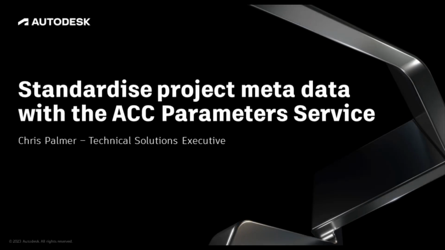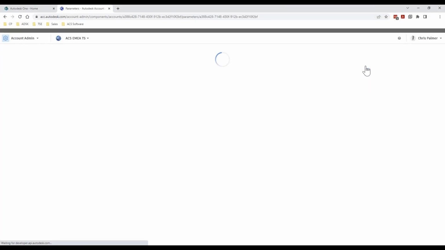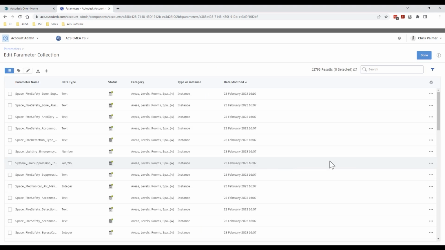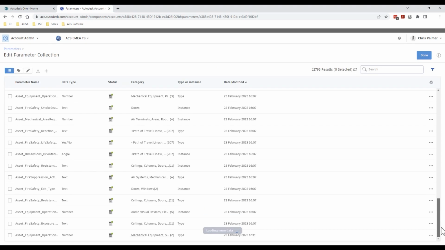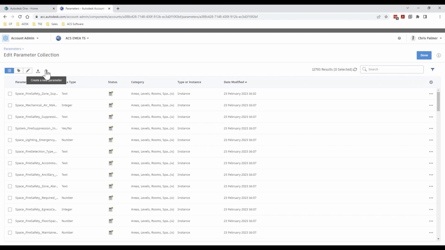This short video will show you how we can standardize project metadata using the Autodesk Construction Cloud Parameters service. The Parameters service can be located in the Account Admin section of your Autodesk Construction Cloud Hub. The service allows you to store and manage your organization's shared parameters in a single location in order to standardize